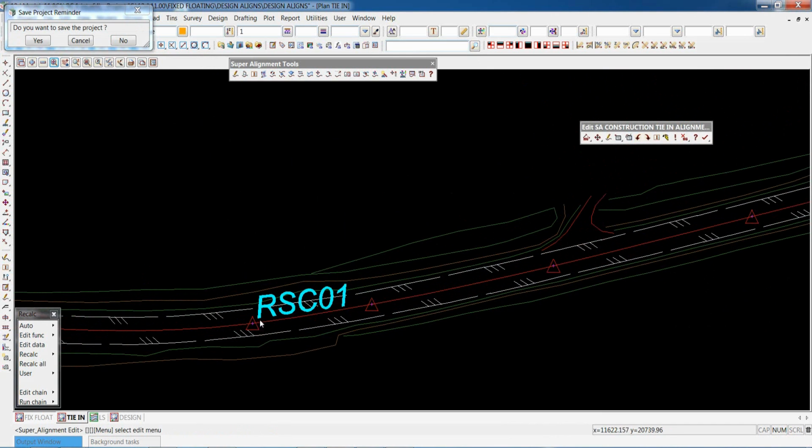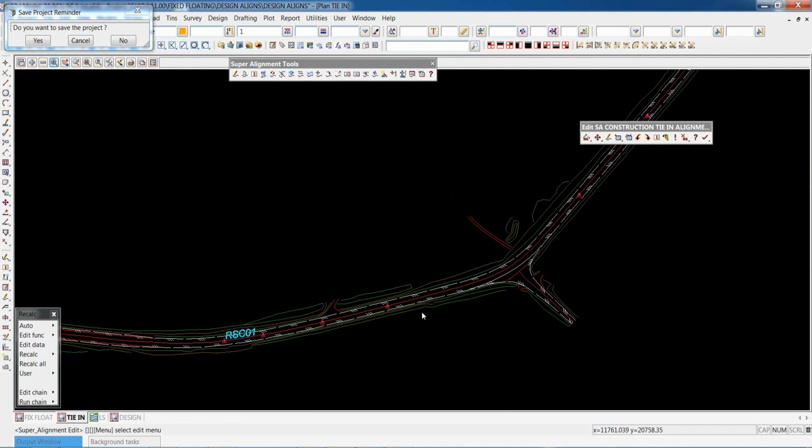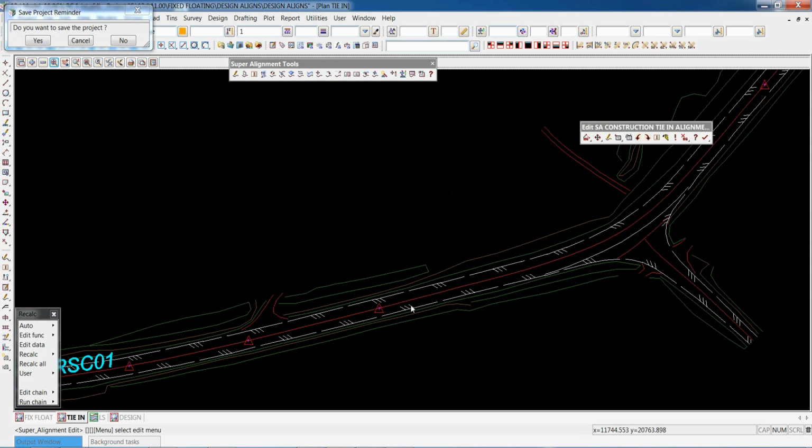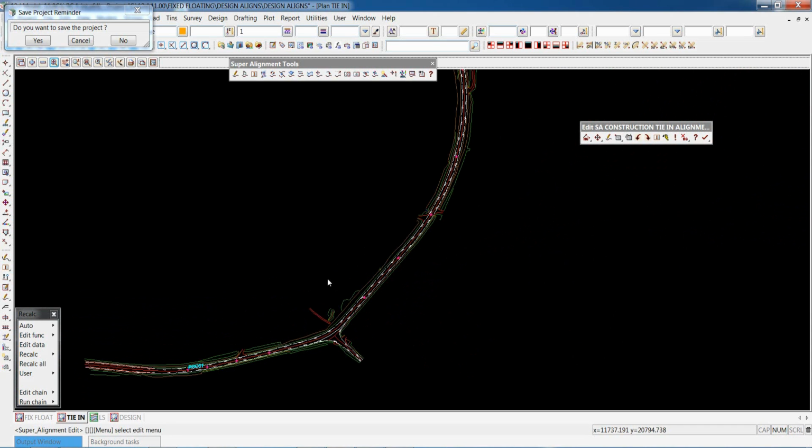We have some points here that represent a survey and a curve that's been picked up. We're then going to float a line through to define our approach bearing. We're going to put a radius construction in here, a free radius for our deviation or reconstruction area. We're then going to tie it back into the existing along a curve and back onto a straight.